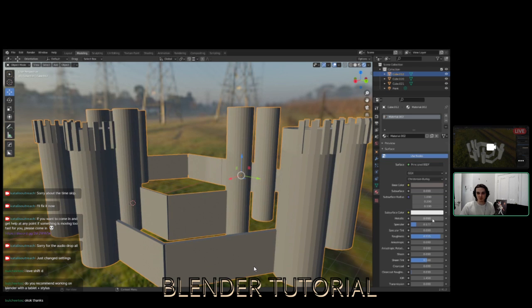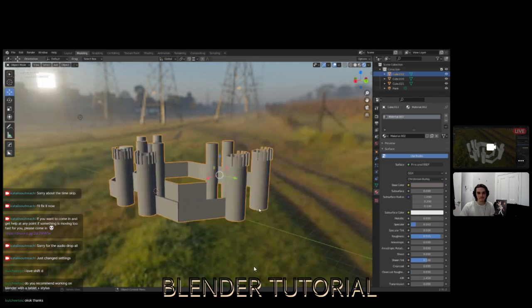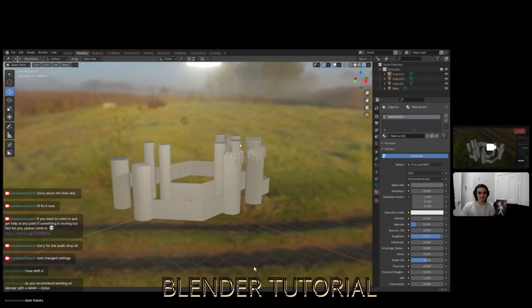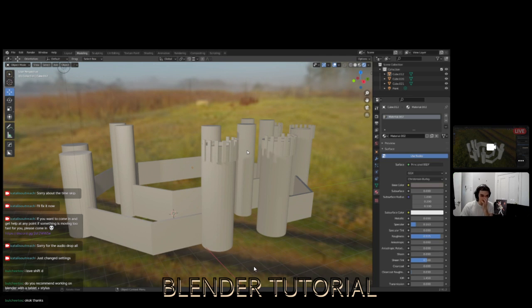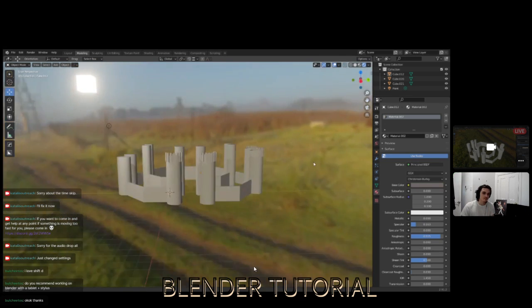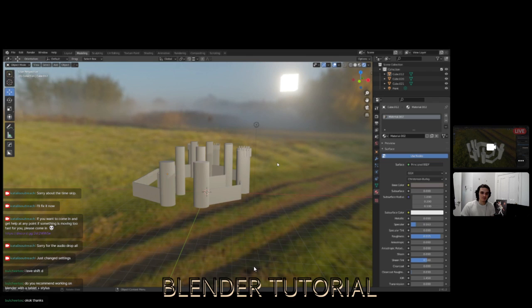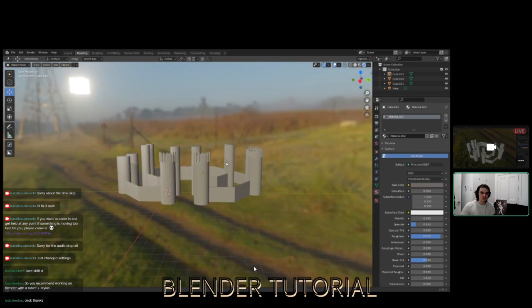So I'll keep it pretty rough because this is a castle wall after all. We don't want the rocks to be too shiny. And yeah, so this is kind of like